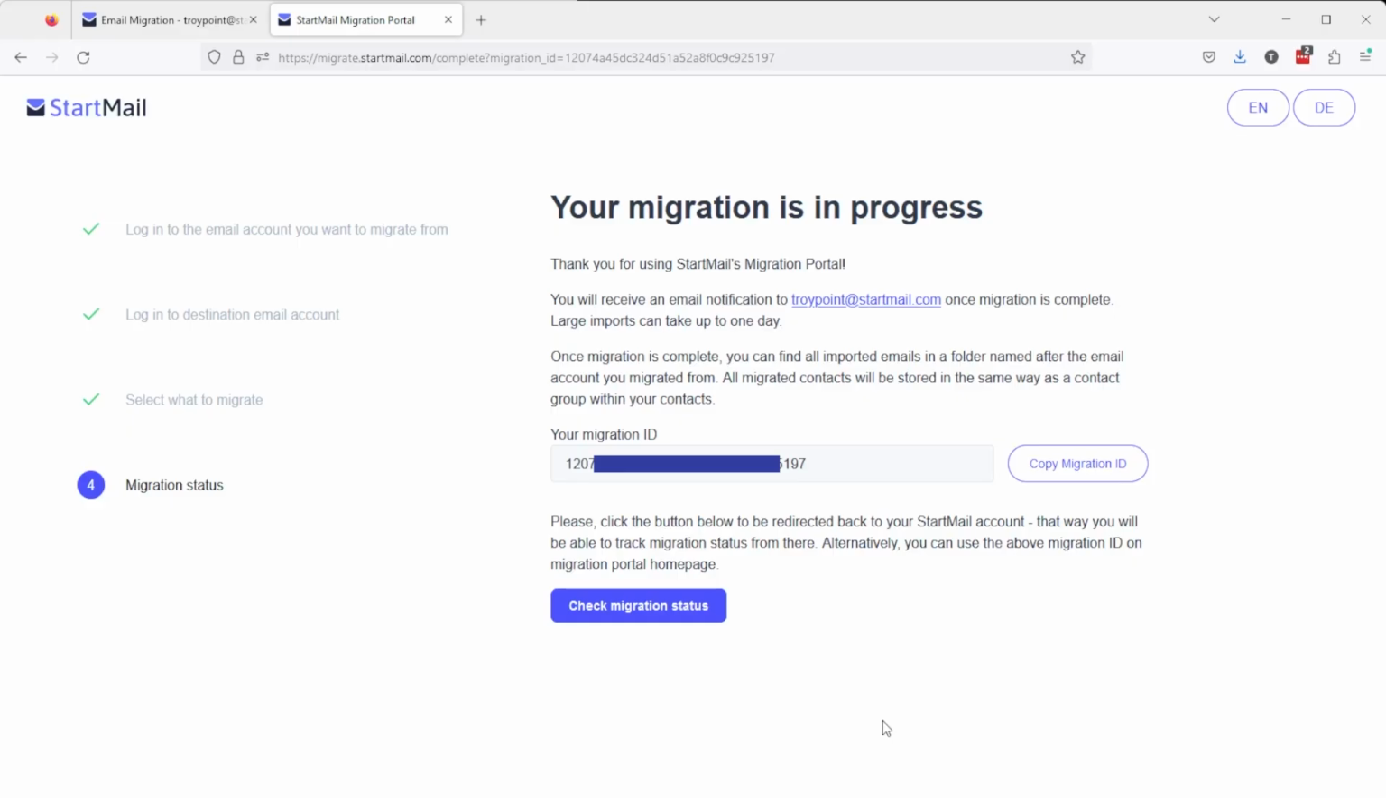Your migration is in progress. And it says here, once migration is complete, you can find all imported emails in a folder named after the email account you migrated from. And if there are any problems, you can use this migration ID for help. So I'm going to go ahead and copy this, and I'm going to paste this into Notepad as well